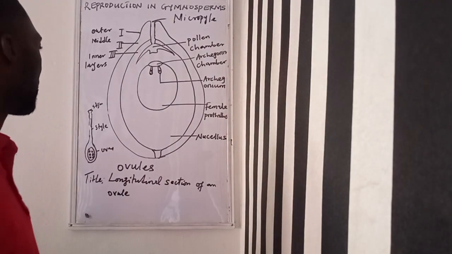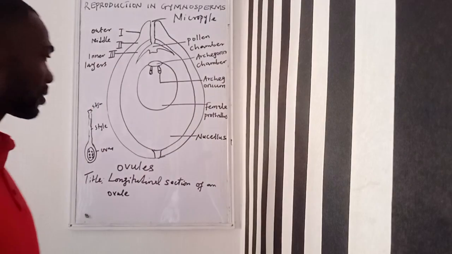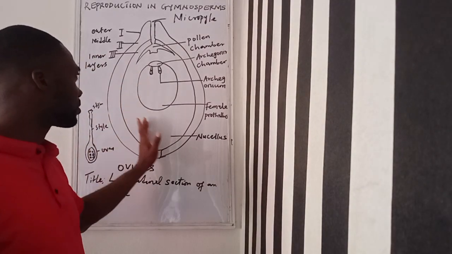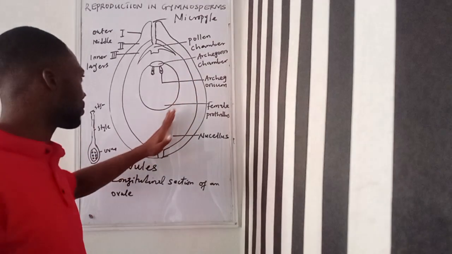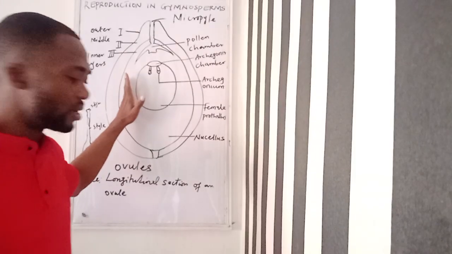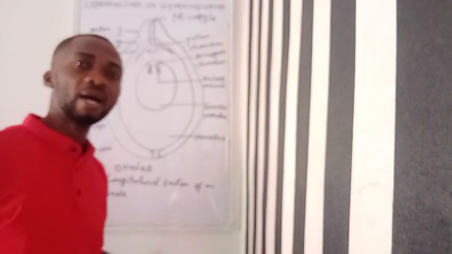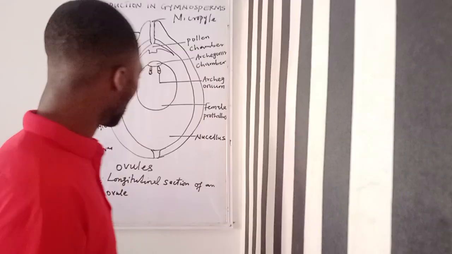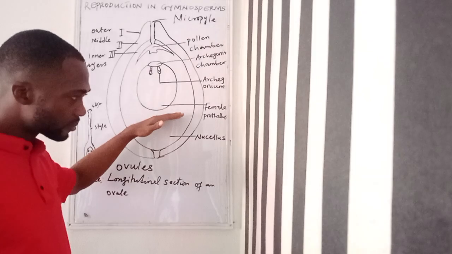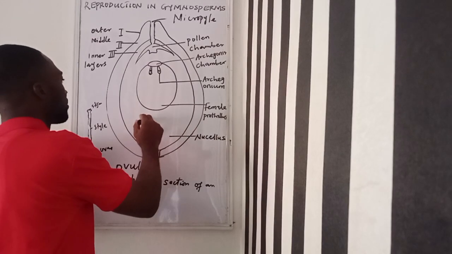Okay. All right. So we can now talk about how the female prothallus is formed. Within this nucellus, the whole of this is nucellus, and if you don't call it nucellus, you can call it the megasporangium. Remember, mega is used for females, micro is used for males. So we want to see how the megaspore is formed, and by extension, how the female prothallus is formed.